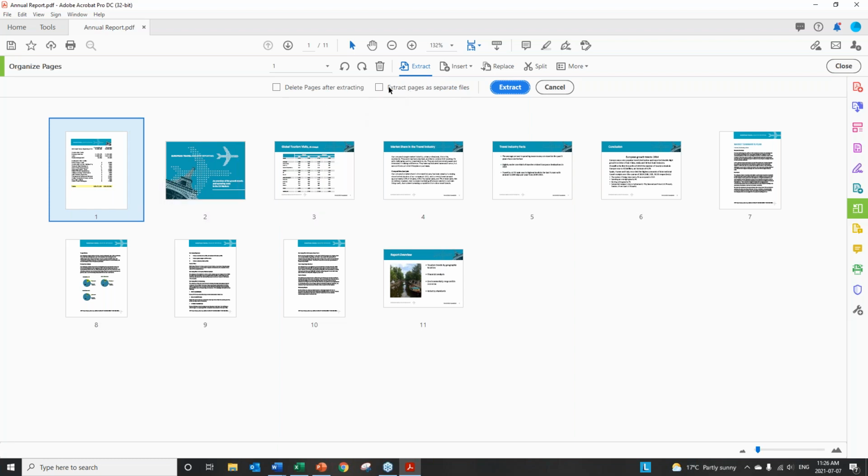And then if I want to extract as a separate file, I can check that, and that would be useful. Let's say I picked both of these files, I've just pressed my control key to select this one, so this is going to select both of these and extract them as separate files. So I'm going to go ahead and click extract,